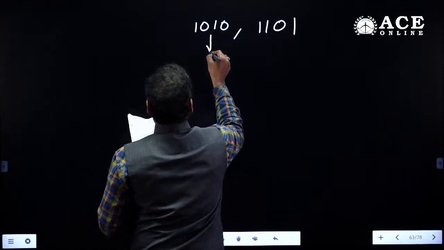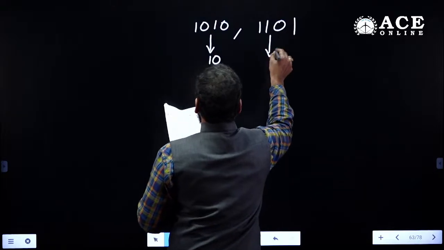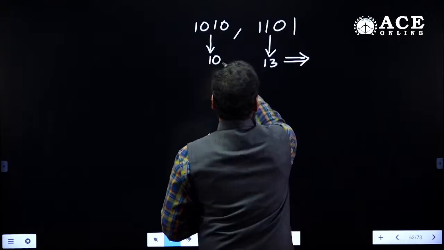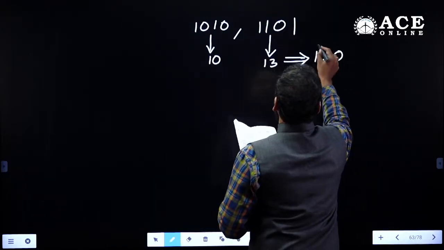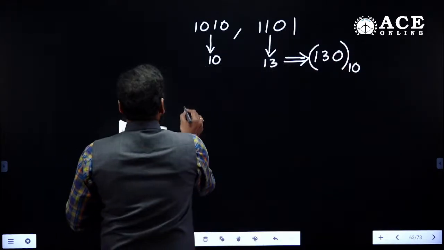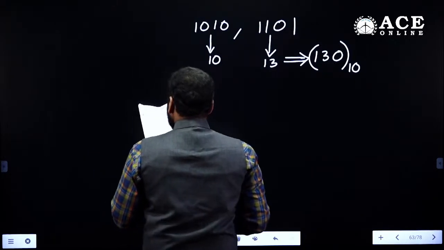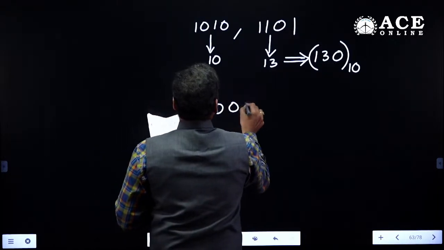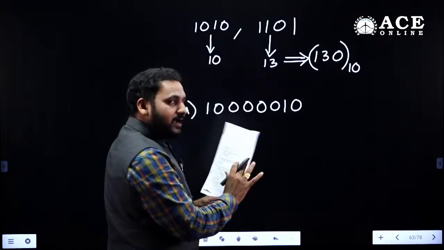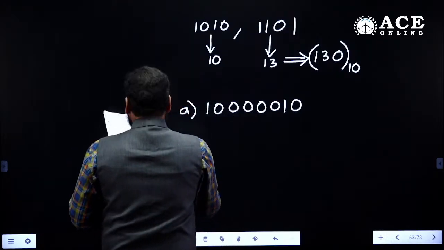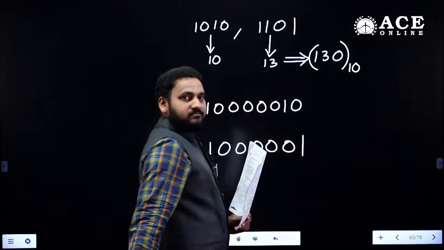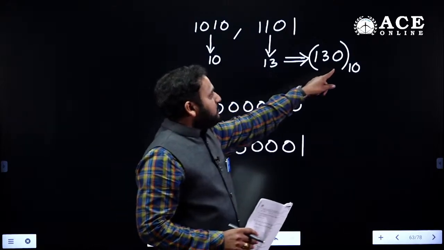See, what is this value? 10, and what is this value? 1101 is 13, right? 13, and that is equal to 130. Now we need to find it in the options. See, one option is given like this: 1, 2, 3, 4, 5 zeros and 1 0. Just for comparison purposes, I am giving you some other option also, 1 and 1 like this. You need not convert. Some students try to convert